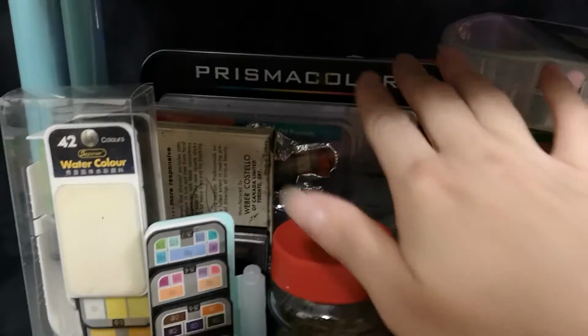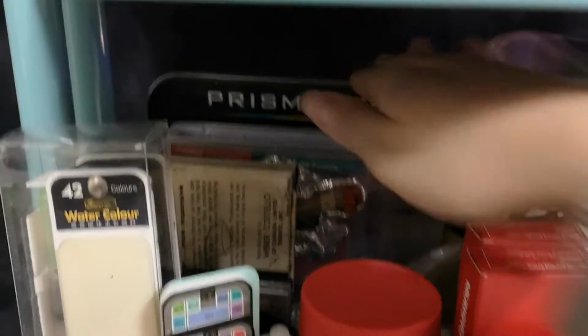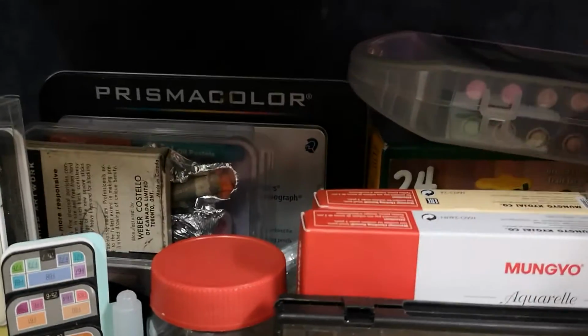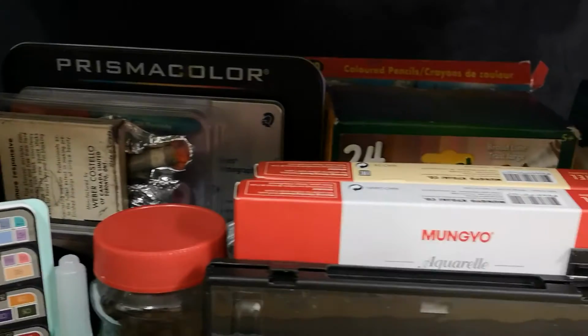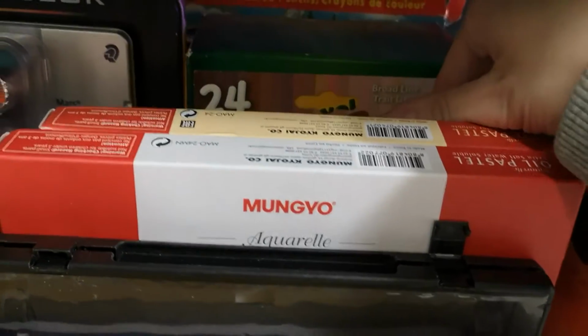Sorry, you can't really see it. I have chalk pastels back there, fairly decent ones, as well as pencil crayons that are just basic if I was going to color with kids. I have those. So then I also have, Crayola came out with skin tone